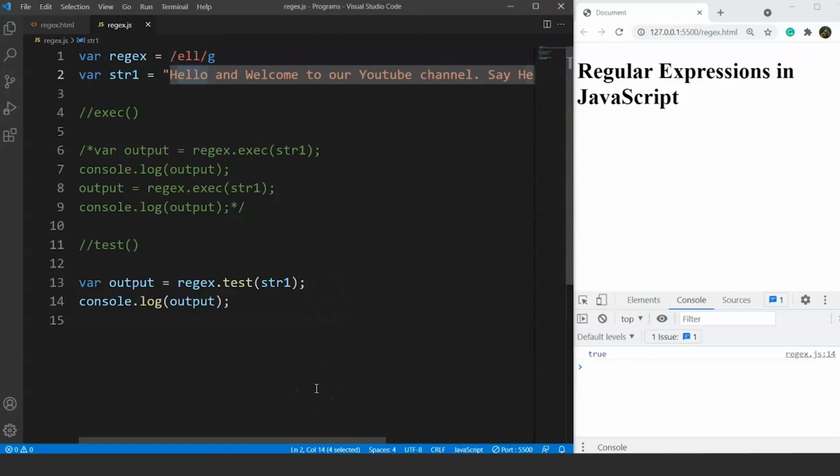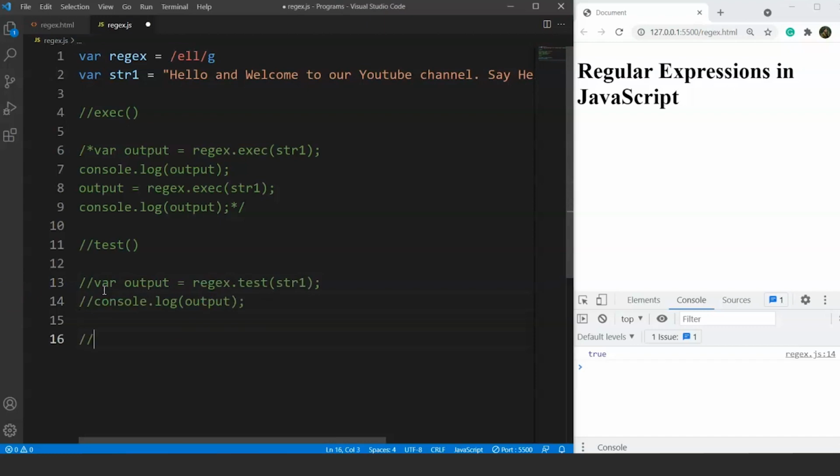Fine. Next up, we have another function to use with the regular expressions in JavaScript. The next function's name is the match function. I'll write it here. First I'll comment these 2 statements, and then I'll write here the name of this function. So the name is match. This match function returns an array of results, otherwise null. The syntax for this function is exactly opposite from the previous functions, because we'll pass the regular expression as a parameter to this function now, and the function will be used along with the string. So it is completely opposite to the syntax we used for the previous 2 functions.